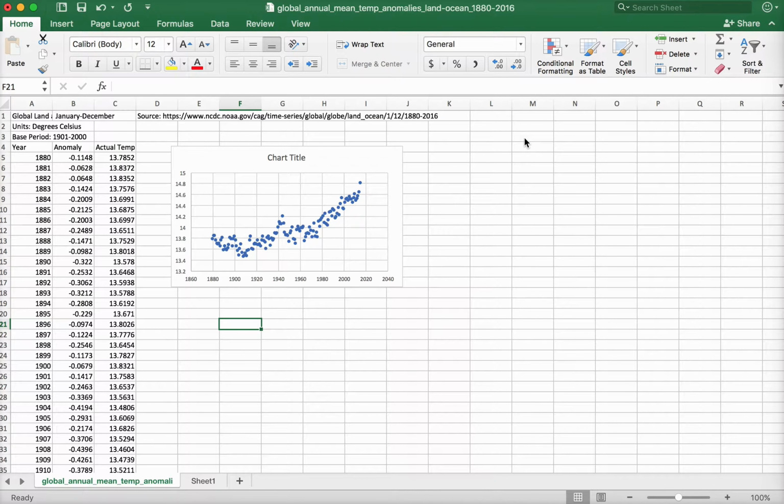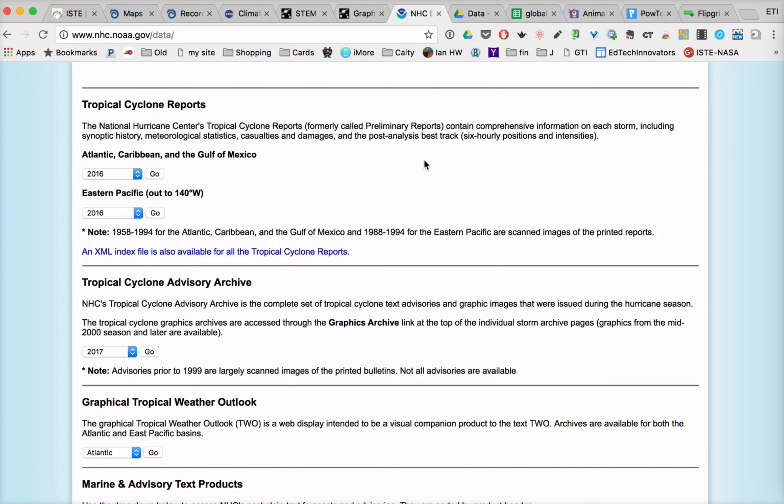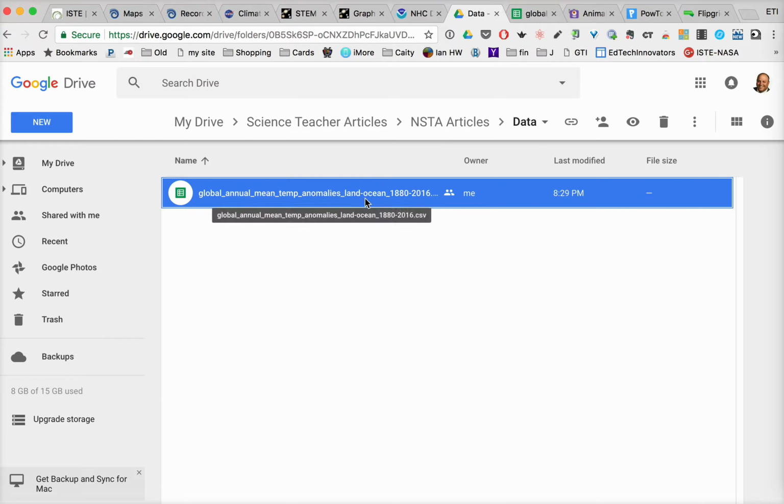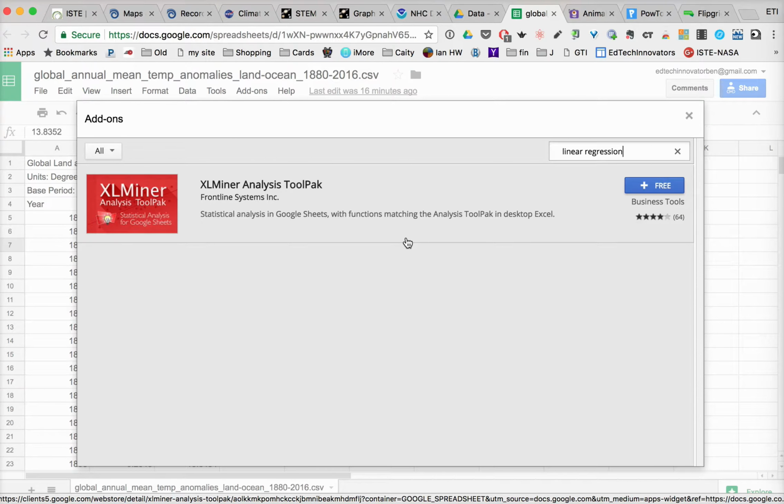So we've also talked about using Excel, and so if we jump to that same file, and I've already uploaded it into my Google Drive here, and how do we use slides to do the same thing? Well, remember we talked about using add-ons. And so I was looking for an add-on that would allow me to do the same type of thing, and